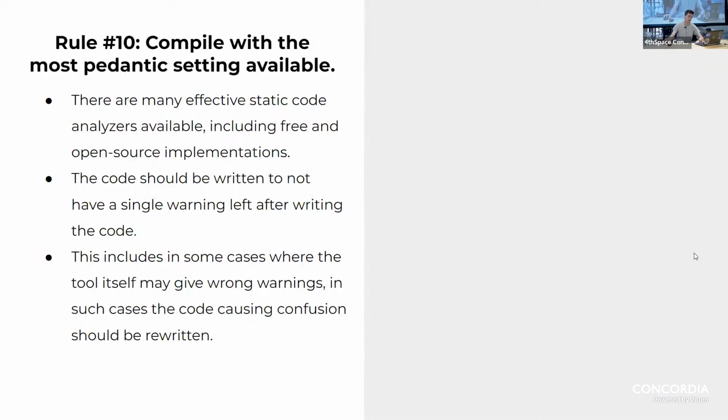And then the last step is kind of like the more intuitive one. Whenever you're writing software, you want to compile with all of the warnings enabled and try to approach all of those warnings, fix the issues so that it's gone. When you're compiling your code at the end, you shouldn't have a single warning or error left over.